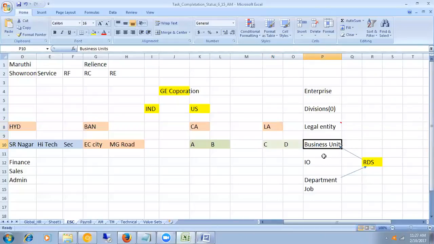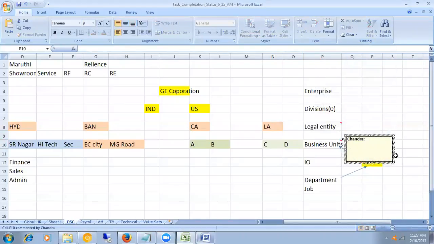Next one is a business unit. Just now, someone has asked regarding Rakesh, what is operating unit? Yes, business units are nothing but operating units. Okay, so what is the definition of business unit? Business unit is nothing but an organization